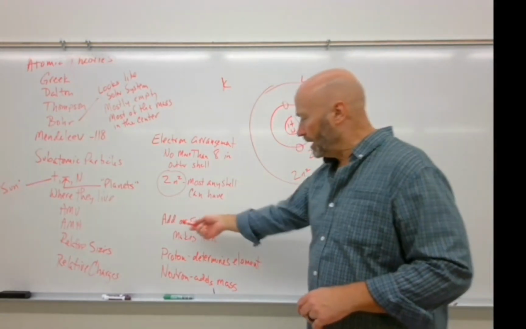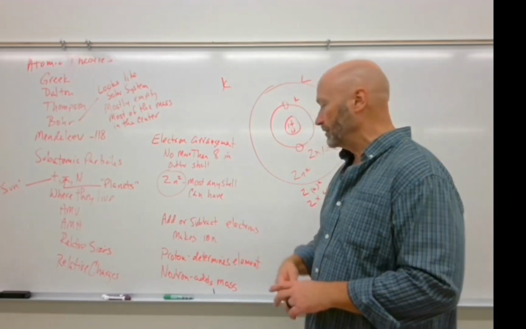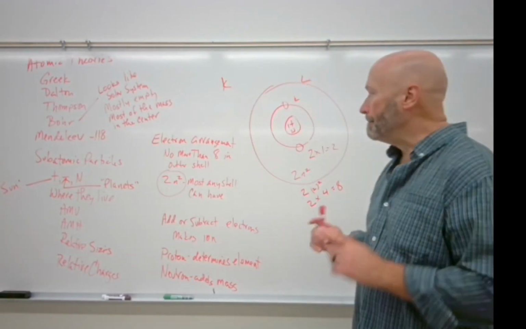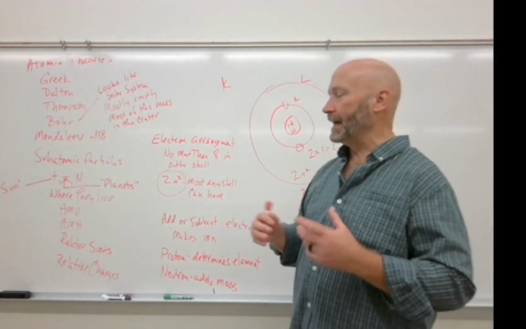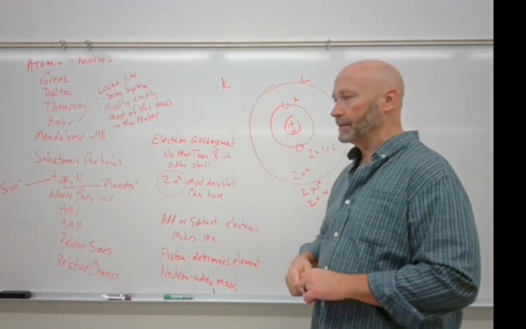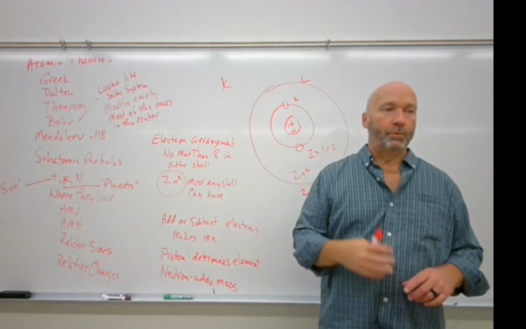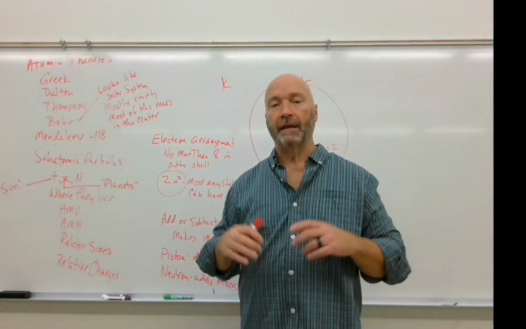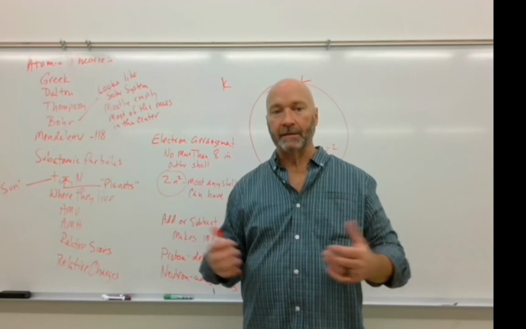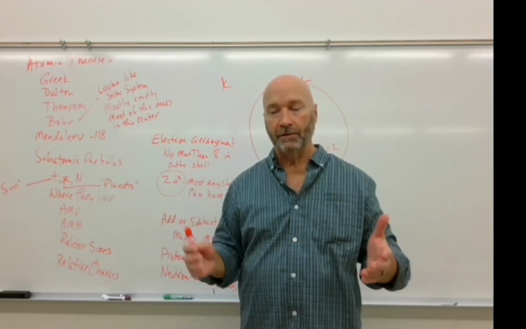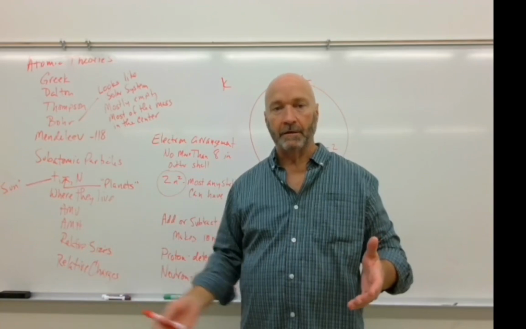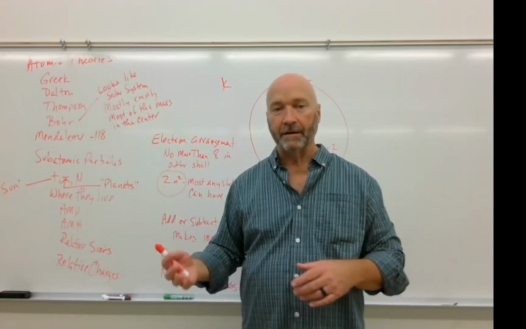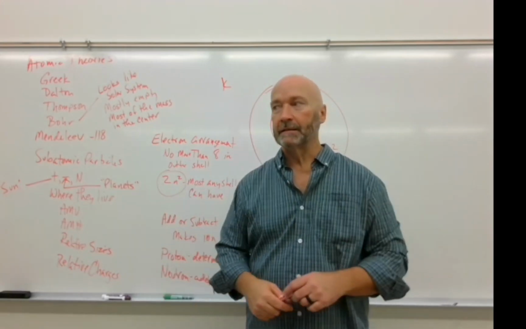So again, if we add or subtract electrons, it makes an ion. Protons determine the element. Neutrons just add mass. Most of the mass in the atom is going to be found inside the nucleus. Going back to what I was talking about before with the solar system, you look out at the solar system and the main thing that you see is empty space. It's a long way from the sun to Mercury. From Mercury to Mars, it's a long way. From Mars to the Earth, it's a long way. Venus, just on and on. It's a long way in between the planets.